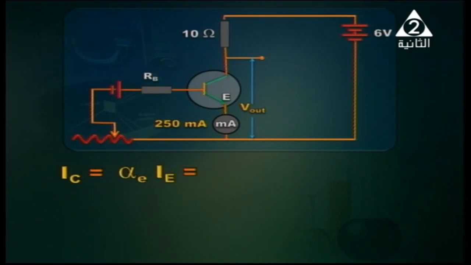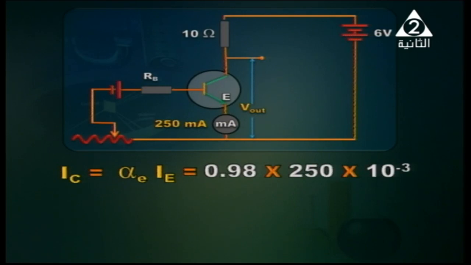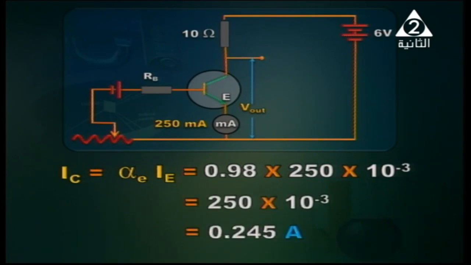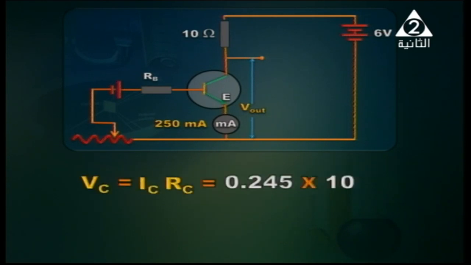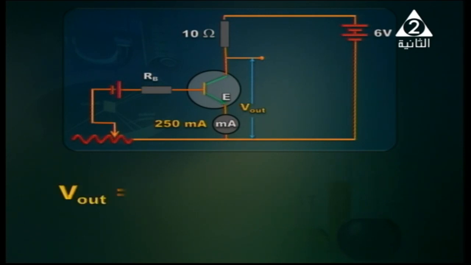Current of the collector, it's so easy to obtain it. Alpha E times current of the emitter. So 0.98 times 250 milliampere. It should be converted into ampere, multiplied by 10 power negative 3. So IC equals 0.245 ampere. VC equals IC RC, right? So 0.245 times 10. In this way, we'll obtain VC. It is 2.45 volts. V out equals 6 minus 2.45,